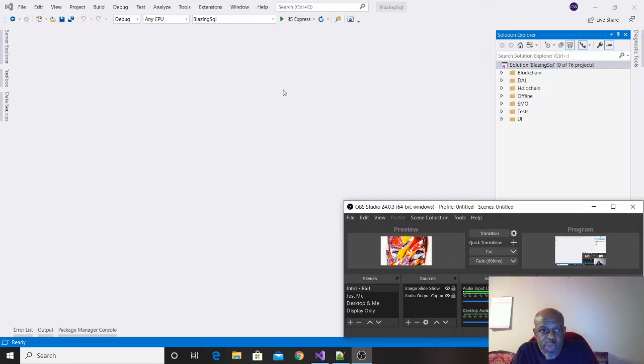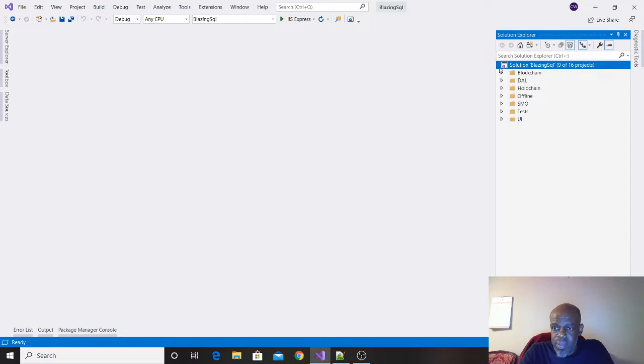I like that aspect of it, being able to have control to that granularity. So I'll try to show you guys some areas of this application that would appeal to you. I have multiple project solutions in here.